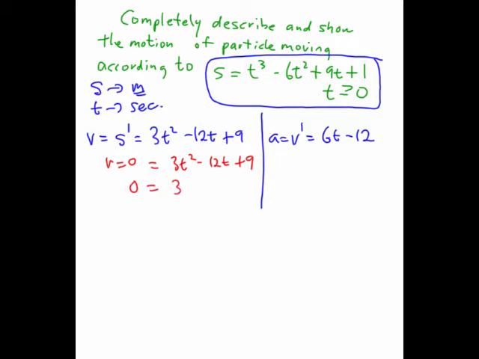I'm going to do that through factoring. When t is 3 or t is 1, the velocity is 0. The acceleration is 0